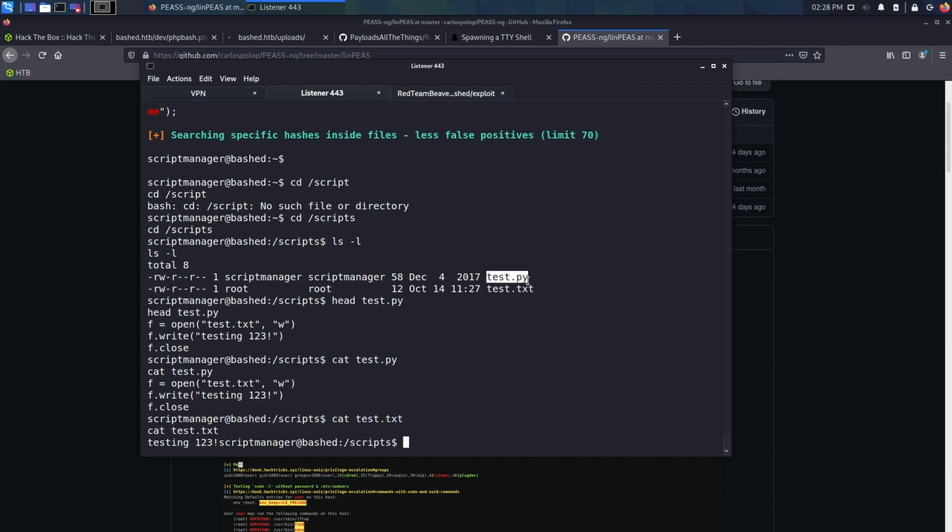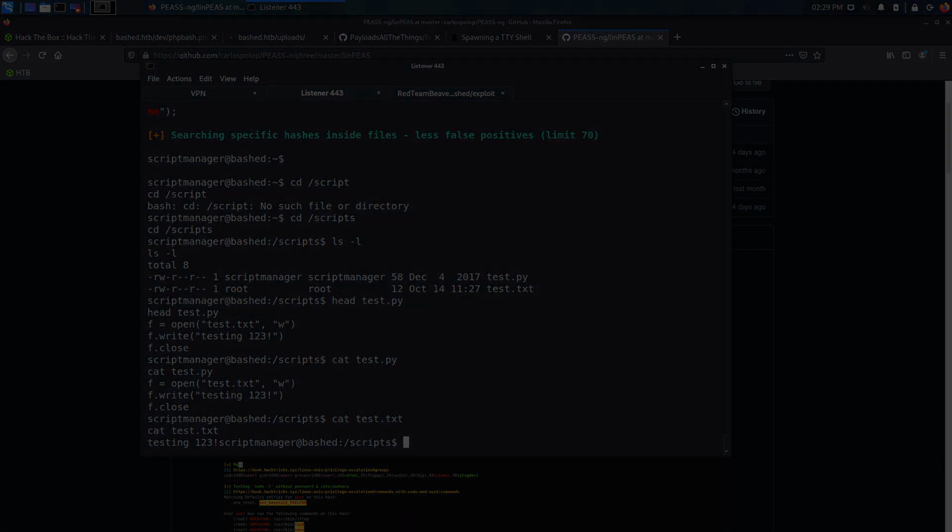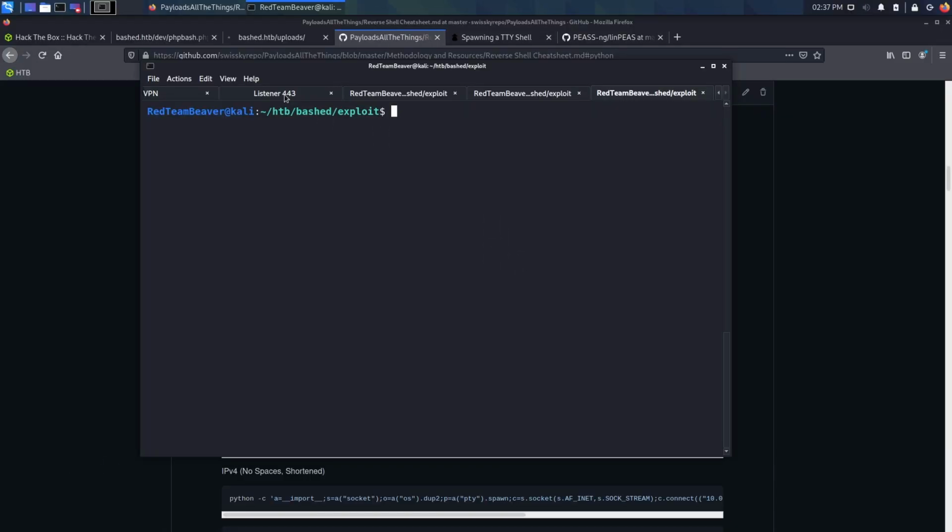We have control over this, and this is owned by root, which means that root is running this script on a timer, basically. So let's modify the script, right? And create a script that root will run and that will give us a reverse shell or make us be higher privileges. Let's do that. All right, so one way we could actually get a reverse shell is by creating a new Python script, right? So let's do